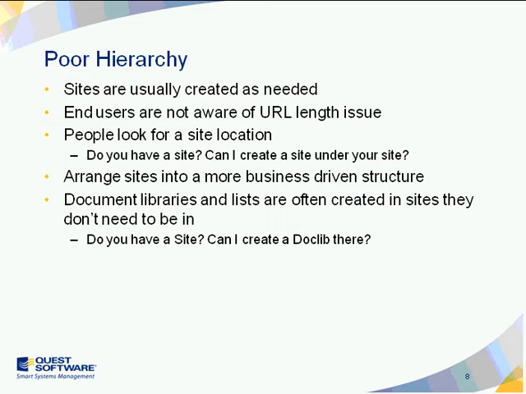And also, if you put a long name in it, if you call something like Fleet Maintenance System 7, created in August 2009, you'll get these really long URLs that eventually have to be heavily truncated. End users are not usually aware of the URL length issue. So the URLs are hard to find. They're too lengthy. They don't reflect the content. Take that HR site: you have something called Corp1/Fleet/ProjectManagement/HR. It doesn't make any sense. It doesn't roll off the tongue.